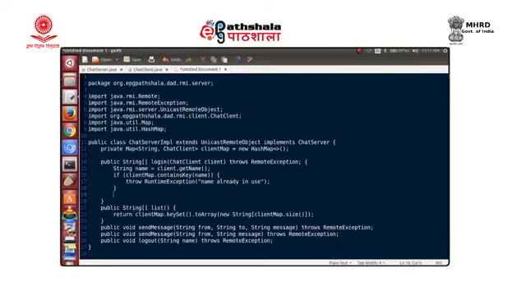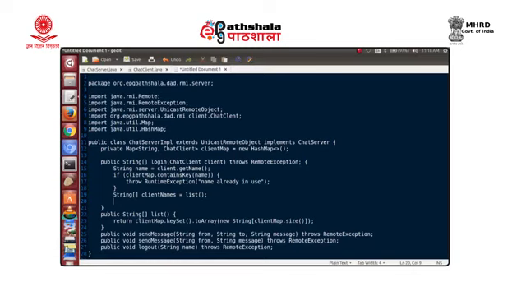Anyway, we got the name, and now what is the next thing? The next thing is we need to tell all the other clients that there is a new person who has logged in. The server wants to indicate to the clients that there is a new person logged in, and for that reason it would take the list of all the clients. So, we have client names as a string array, which we can get with the help of the list method. Then it might put this entry into the map. So, there is one more person who is logged in, so make an entry in the map.